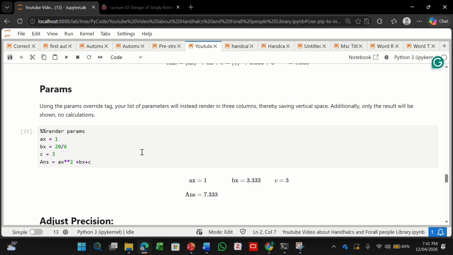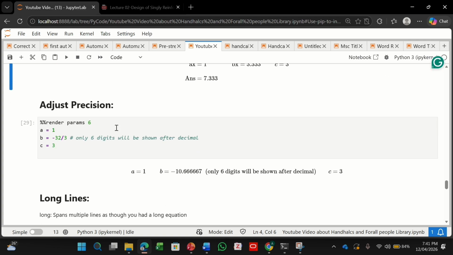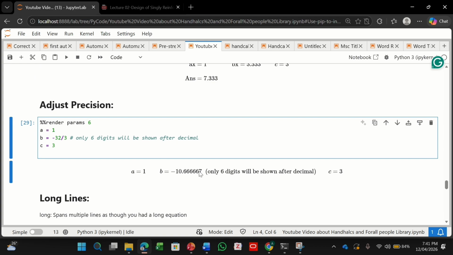So params. Basically, it saves your vertical space, and only the result will be shown, no calculation. As you can see in the previous code, the calculations were also shown, but this will just display the result.